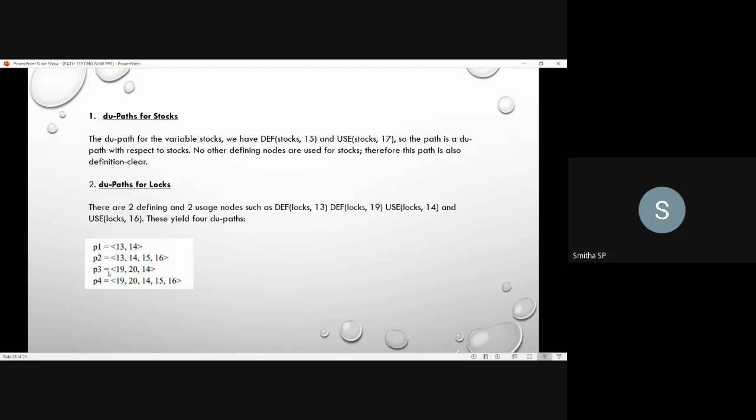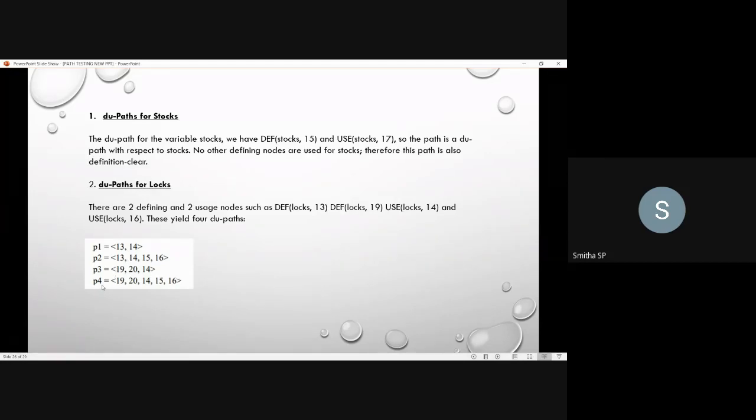Next, in the path 3, that is the 19th, 20th, 24th. So it is the definition logs you have defined in the 19th node, and you will be using it in the 14th node. That's what you will be getting the value for the logs, and you will be checking it with the 20th, and again you will go for the 14th node for the checking of whether the value is equals to -1 or not. Okay, so that is 19th, 20th, and 24th. So this is the path for the usage of the logs value.